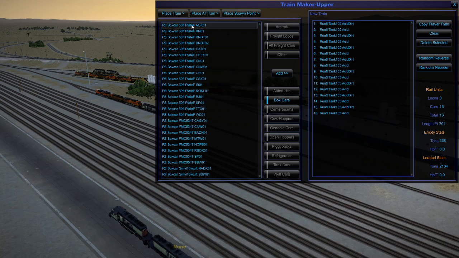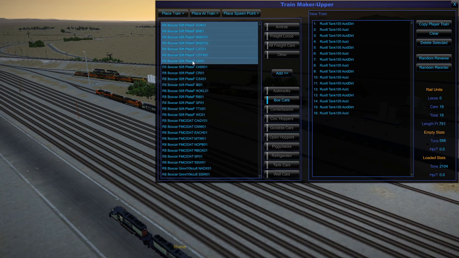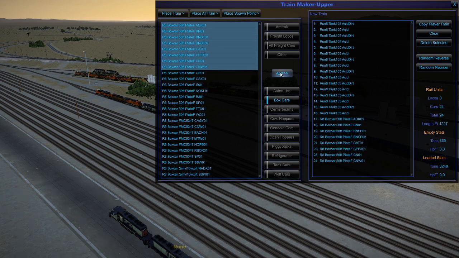We'll just grab these top ones here, and I'm going to hold down the control key and go 1, 2, 3, 4, 5, 6, 7, 8. And do that twice. So we got 16 of those. And then we want